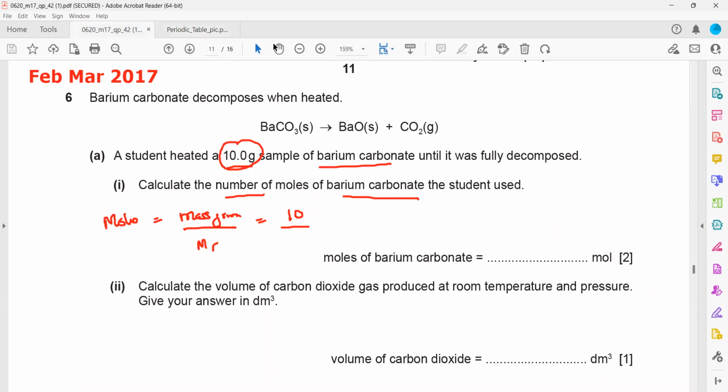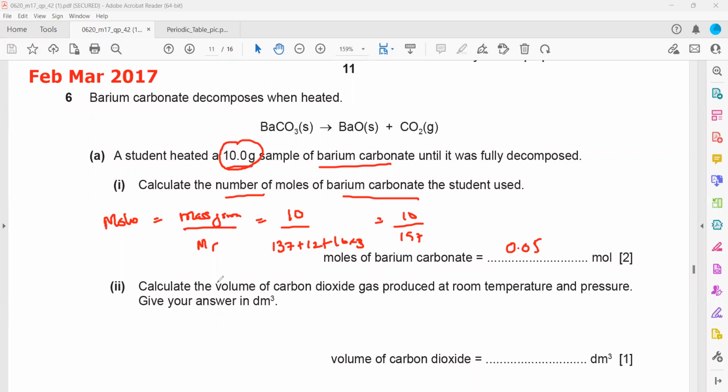So when we work out the moles, barium is 137 plus carbon 12 plus oxygen 16 times 3, so it will be 10 divided by 197, which equals 0.05. So we have 0.05 moles of